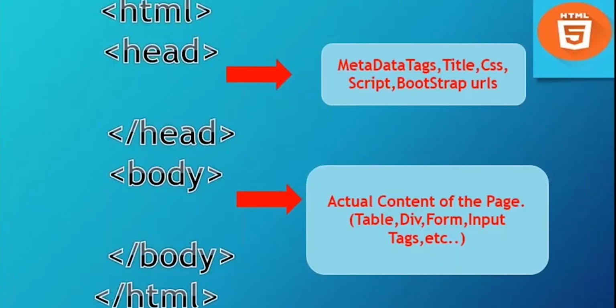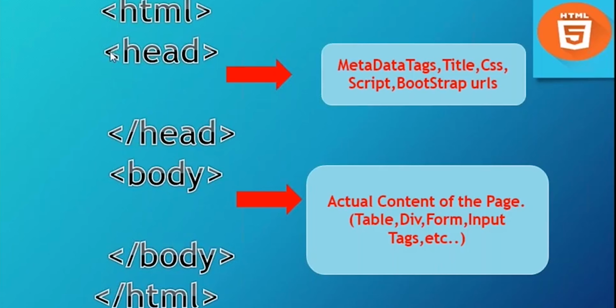Next, this is the basic structure of the HTML page. The HTML page starts with the doctype of HTML, and next you can see the HTML opening tag along with the HTML closing tag. This is the complete HTML block. In this HTML page block, there are two different sections. One is the head section, the second one is the body section.